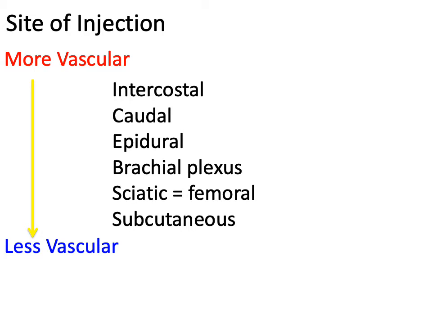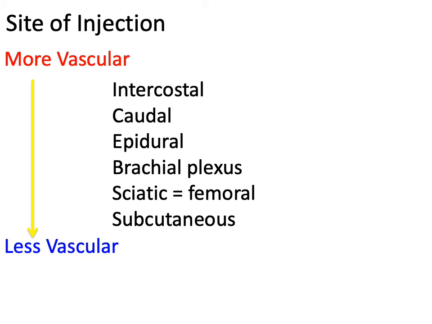Just as important as the specific characteristics of your patient is where you actually put that local anesthetic. Nerve blocks are performed in a variety of anatomic locations with varying vascularity. Plasma concentration of lidocaine after an intercostal block is 3 times higher than it is after skin infiltration. Now this chart shows a very basic representation of what blocks are more vascular versus less vascular. And as you can see, epidural is slightly more vascular than brachial plexus.